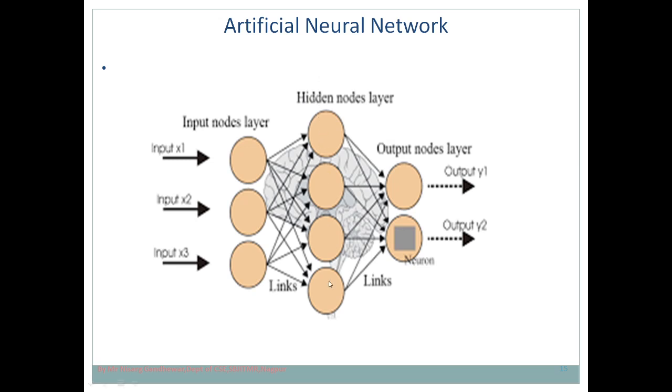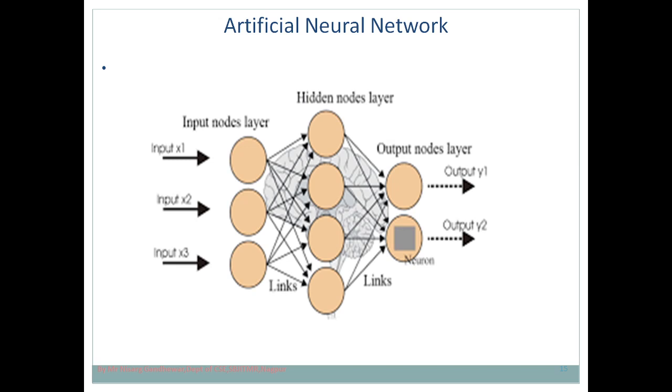So the hidden layer is responsible for processing that information. And what kind of processing is done? Multiplication of input with a weight, and then according to that it will take a decision, or it will take an action. So how many output nodes will be there? In case of recognition of a digit, how many possibilities are there? Total 10 possibilities. So here I have shown 2 output nodes, but in my case it will be 10. Why? One node for 0, node 1 represents 0, node 2 represents 1, node 3 represents 3, like this. So in the output layer we want 10 nodes.